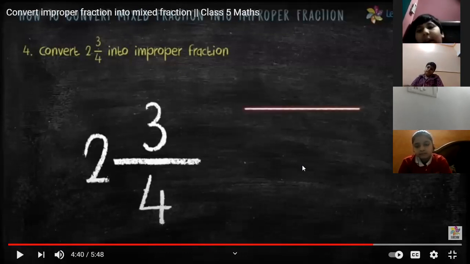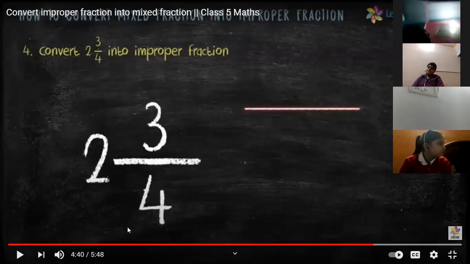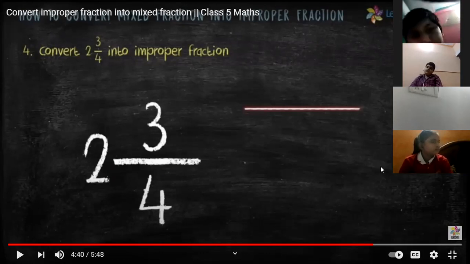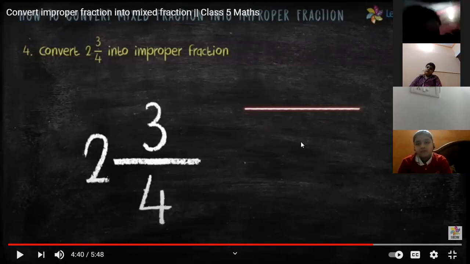Now it is clear. The denominators of both the terms will definitely be equal and the same. So directly we are going to write down the denominator at the denominator place, because the denominator will always be the same in both the terms. Clear? So what will be our denominator? Can you tell me?